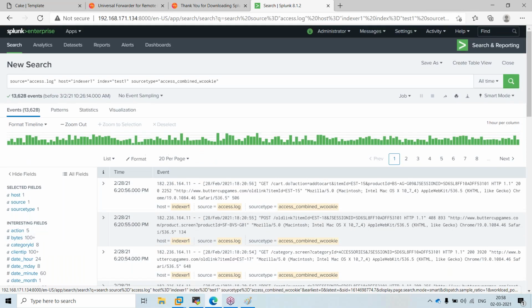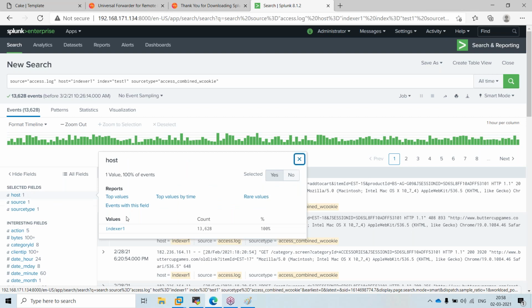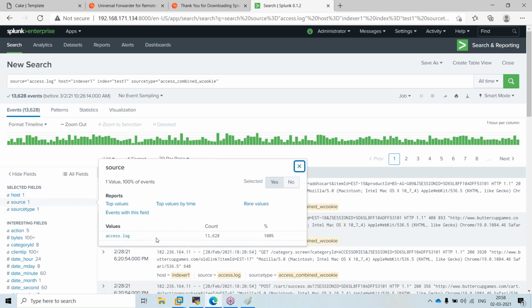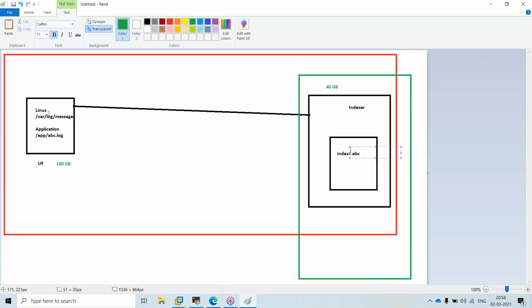And this is called the metadata. Whenever Splunk picks up data from the universal forwarder or anywhere else, the host is something like who is sending the data, meaning from which particular application or server. This is the server name. Source is something like the actual log file name. What is the source of the application in that particular host?